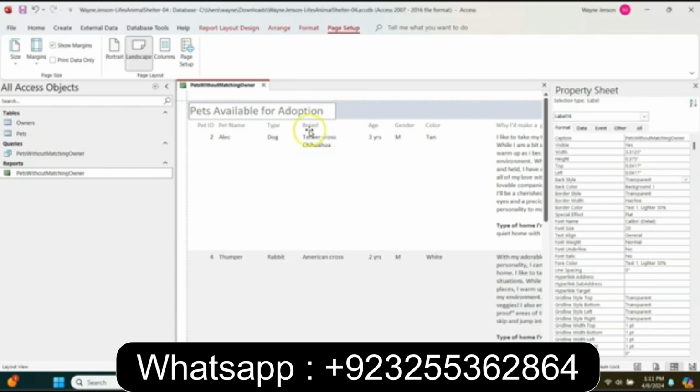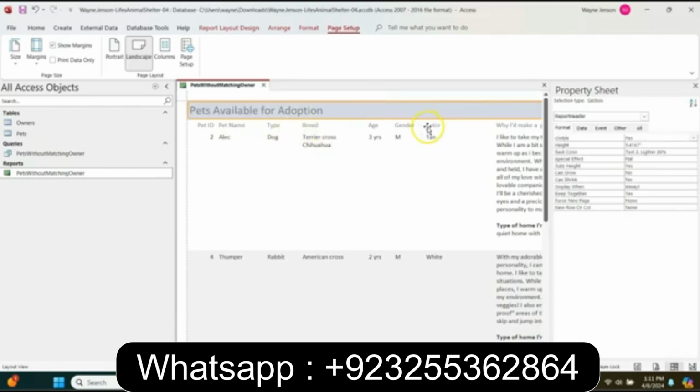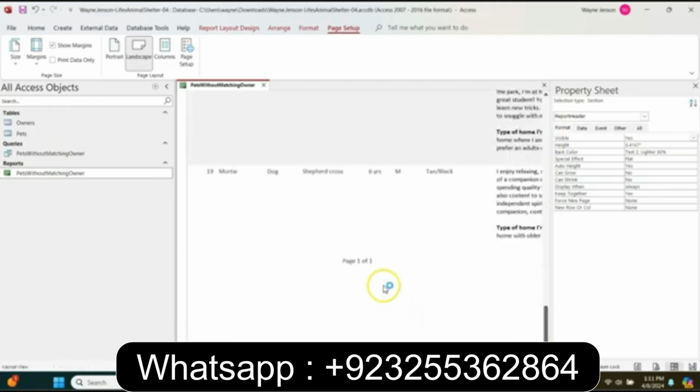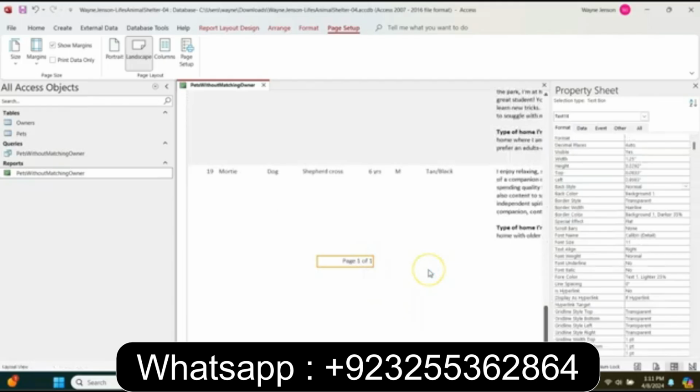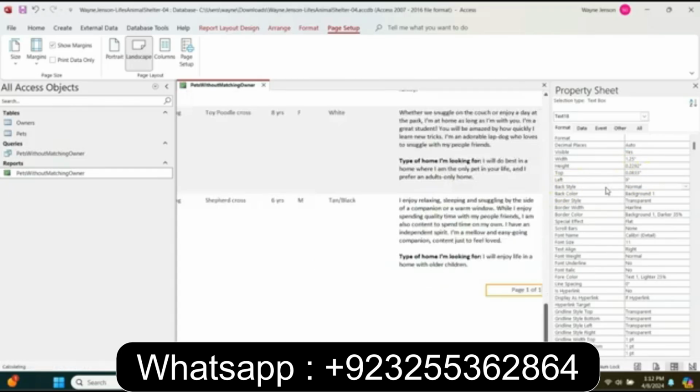Then click outside of that label to save it, and then scroll down to the bottom of the report. So there's our scroll bar here down to the bottom, and select the page control or the page number text box, and we're going to change the left property to 9. And then we're going to press